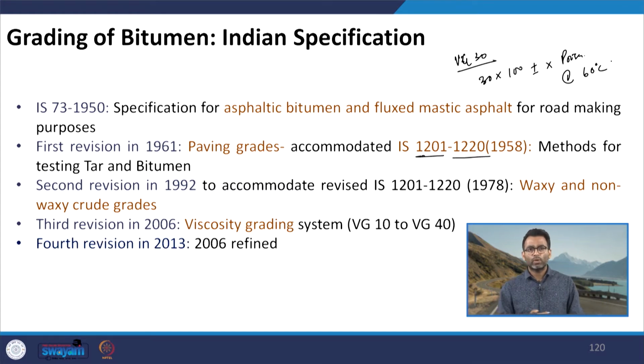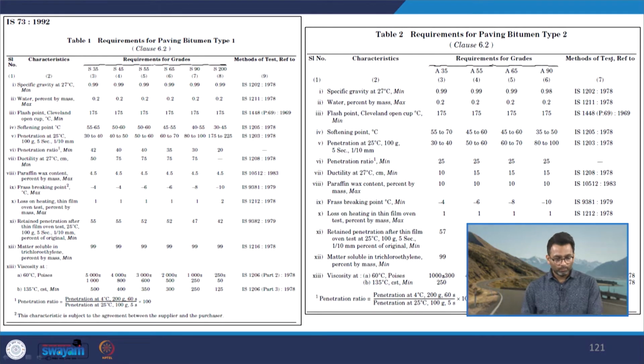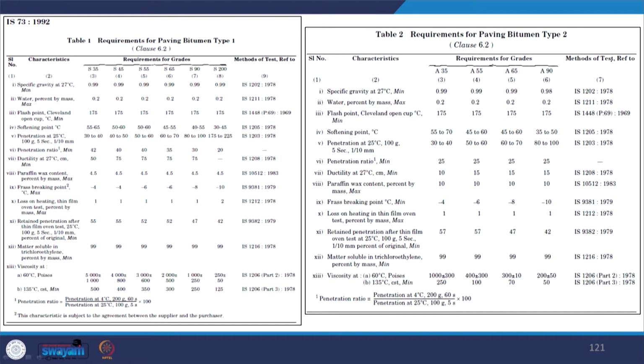Further, the 2006 specification was refined in 2013 with some additional provisions, which we will see in the table and we will try to see what was the major difference in the specification given in 2006 and 2013. All right. So, well, this is just a snapshot taken from the code IS 73 of 1992,